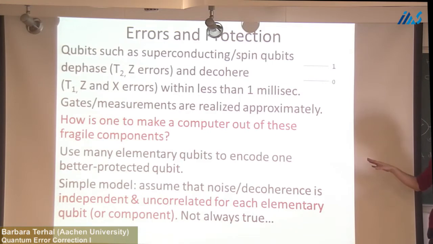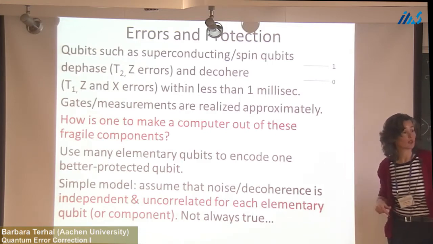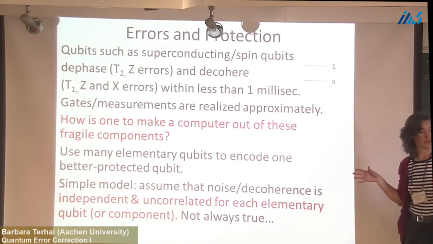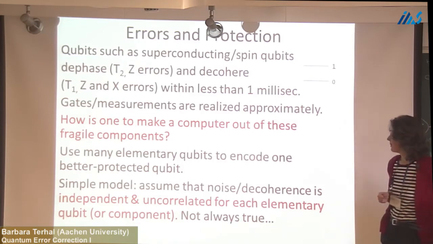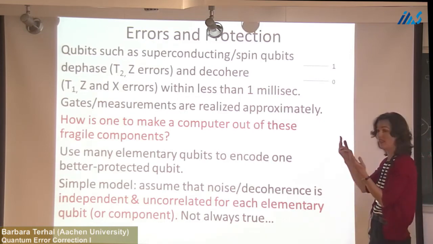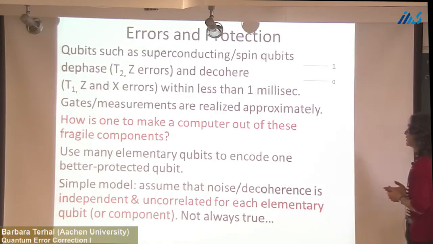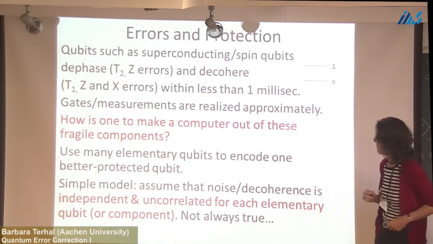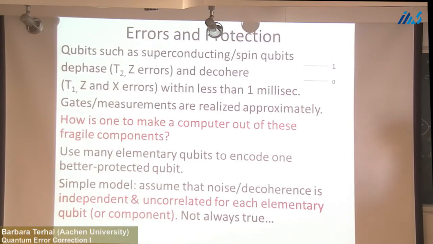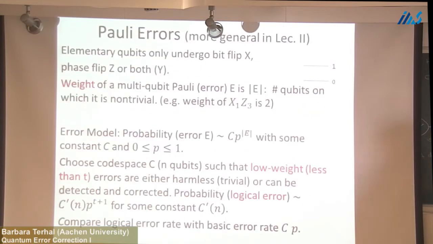This field is very well developed, and there are people in the audience who've also done work on this. There are more general noise models, and there are extensive discussions also on the proper noise models to use at the theoretical level. Yeah? So there are noise models that assume correlations in time and correlations in space between the qubits. So if this qubit undergoes an error, it's also likely that that qubit undergoes an error because they see the same physical environment. But for now, in order to discuss the basic quantum error correction, I will not use or think about these models. Okay, so